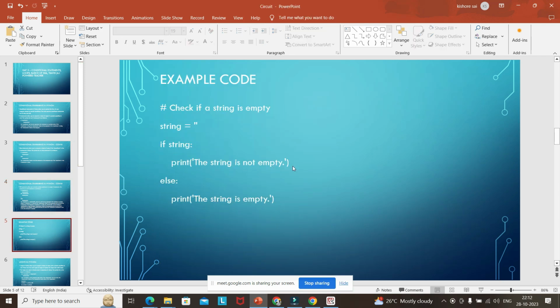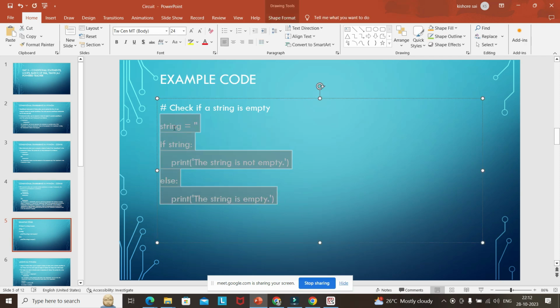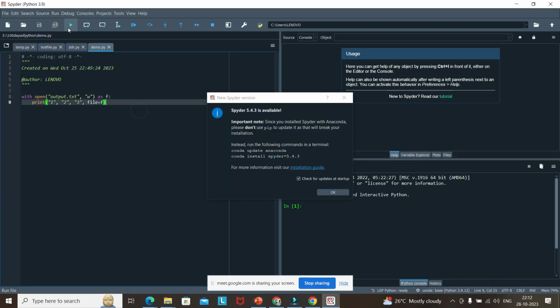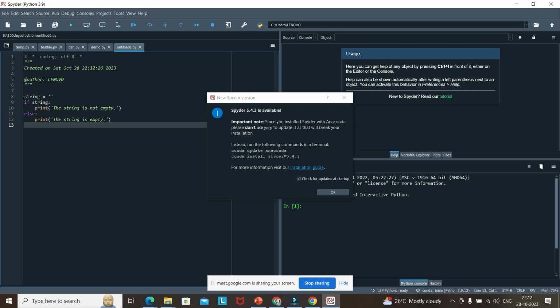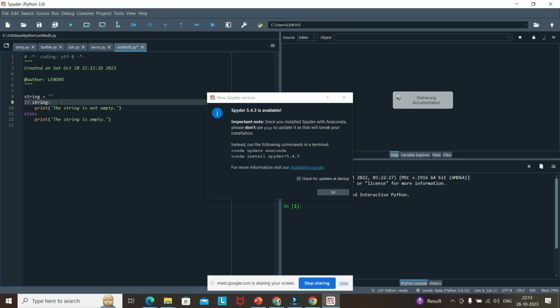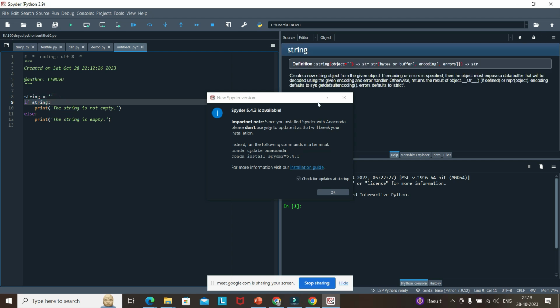Just for our example, I am taking this example. Here my string is a variable, and I am not giving anything, it is empty. So if string, here we are not checking anything. If the string has some value, it will go to this. This is one way of checking, without giving any operator like equal to. If this variable contains some value, instead of checking whatever is inside it, we will use this type of